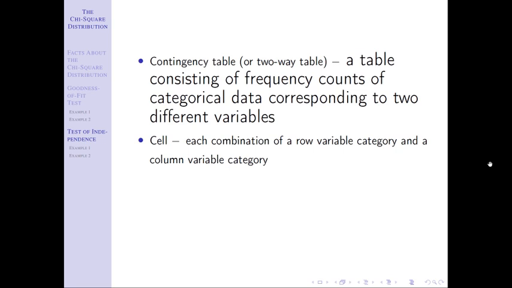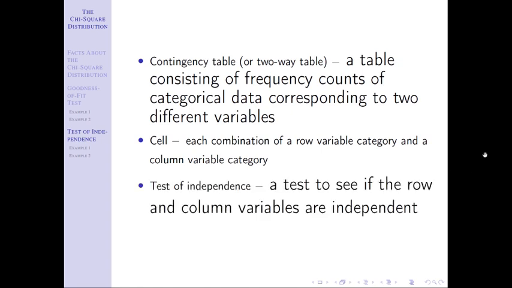And so then you have row totals and column totals. The column totals or row totals, depending on which way you aligned it, would be how many people have that certain color hair independent of their eye color, and then how many people have that eye color independent of the hair. That's what you get when you add up the columns and the rows, whereas each individual cell will tell you the number of people who have both that specific hair color and eye color. And a test of independence is just a test to see if the row and column variables are independent. So it's very straightforward. We're trying to see if these two variables are independent.